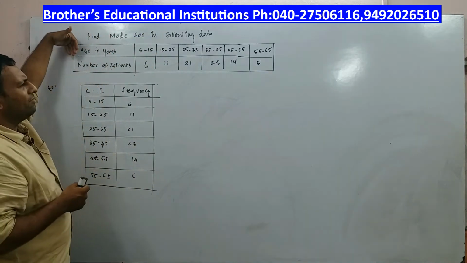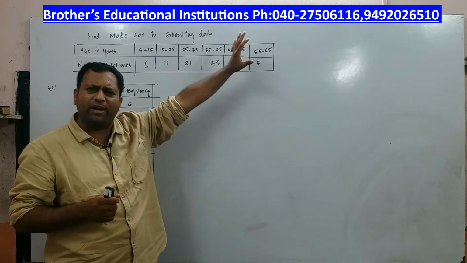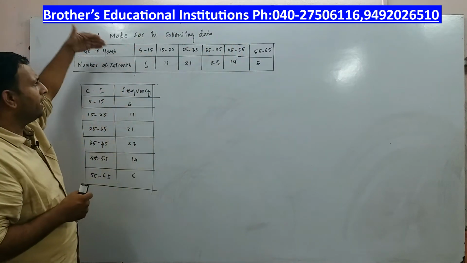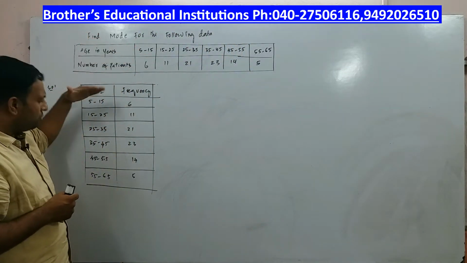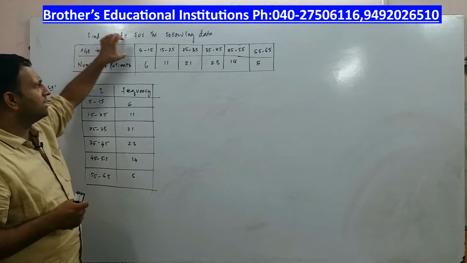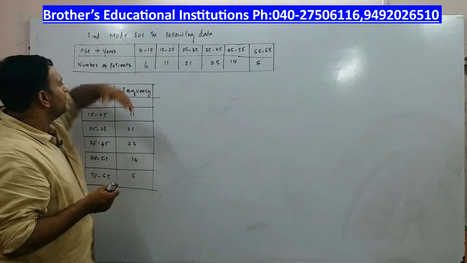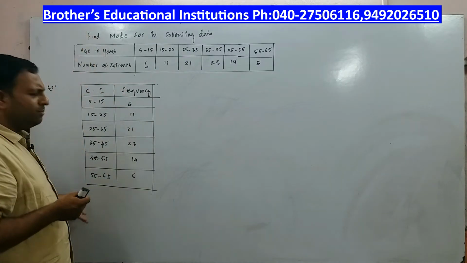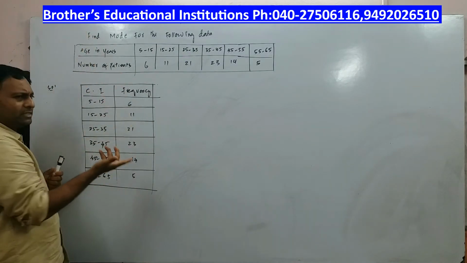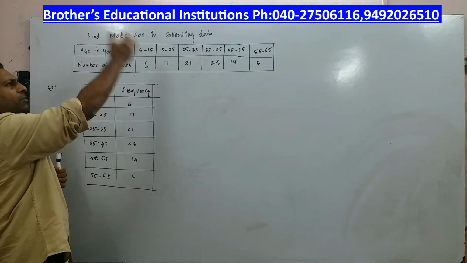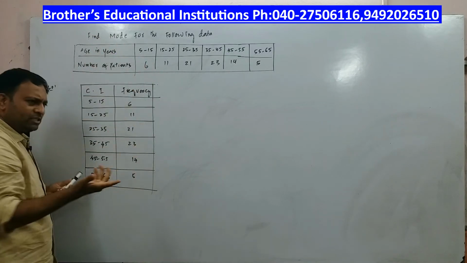Children, the data will always be given to you in a horizontal fashion in the exam. So make sure that you write the given data from horizontal to vertical format. Age in years is given like this, and number of patients given like this. So instead of age in years, I will simply put that as class interval, and I will call number of items, number of persons, number of patients, as frequency.